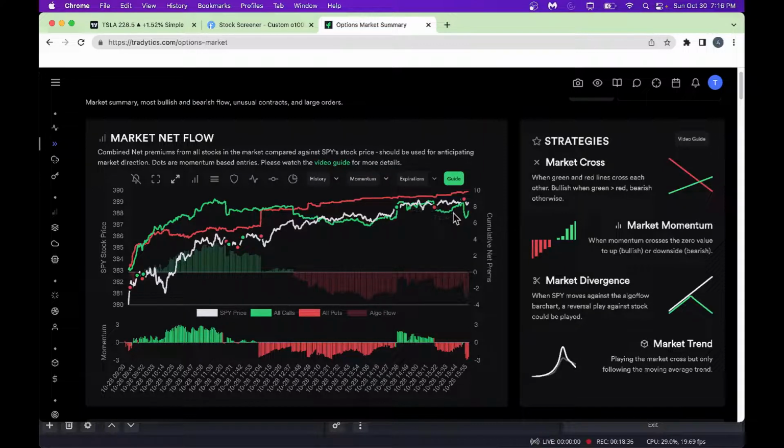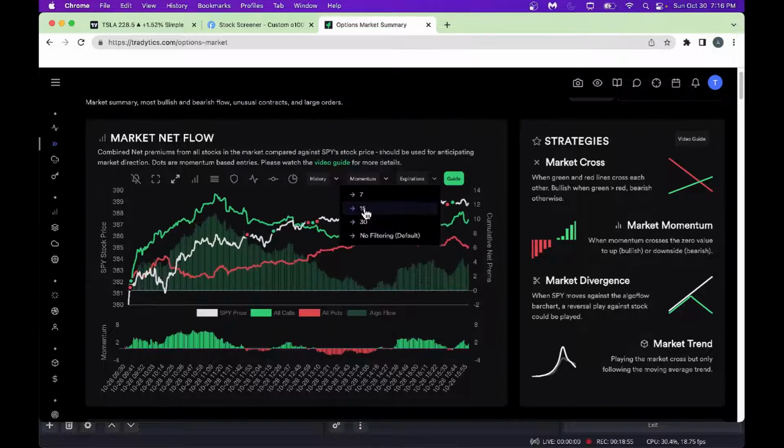That's why you've got to look at the green dots and red dots here. Green dots mean bullish, red dots mean bearish. It always pays to pay attention, and it's always good to look at these things. As you go into a little longer term, maybe 15 days, always watch for crossovers. For example, in this one you don't have too much crossover. Whenever you see a crossover, like right here, where the blue line or green line crossed over the red line, that's a typical bullish sign. And look, SPY went higher as that happened.